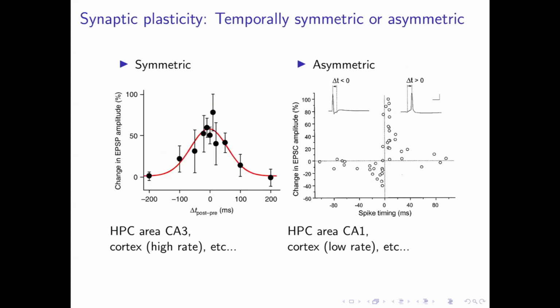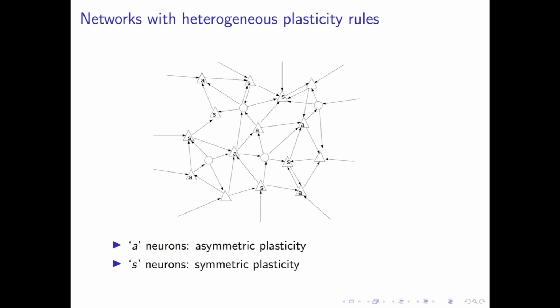All right, so now let's come back for the last 5 to 10 minutes to this issue of the head. And sometimes we see asymmetric plasticity. So we actually wondered what would happen if you had in the same network neurons with these different plasticity rules, right? It doesn't need to be the same network. It could be two different networks that are sufficiently strongly connected together. So what's the effect of heterogeneity in synaptic plasticity rule in a network?